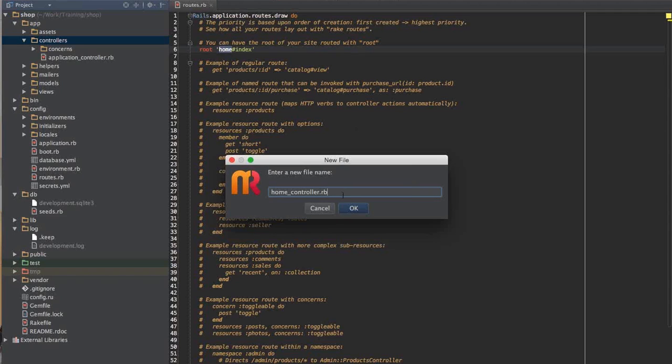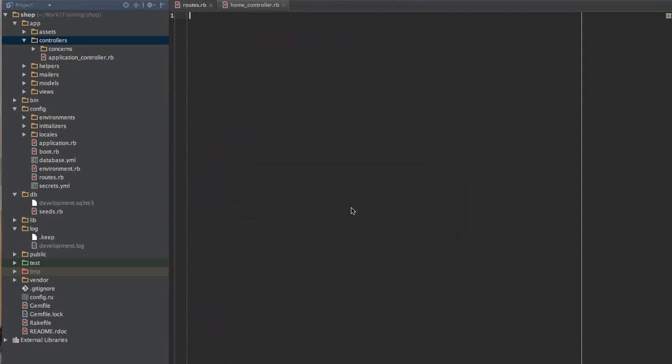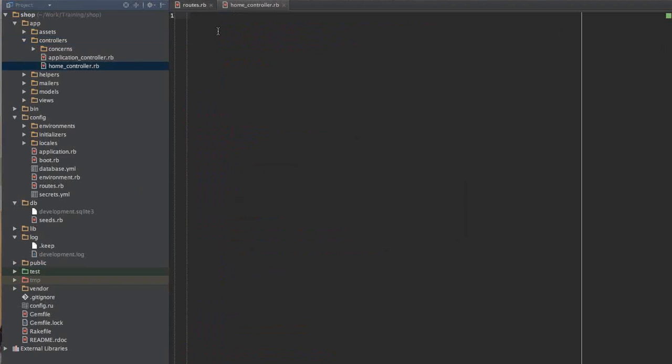I'll go inside this file and create a Ruby class. I know I haven't taught you how to create a Ruby class as of now, but it's very simple actually. The way to create a class is to say class, and the name of the class, which is HomeController,